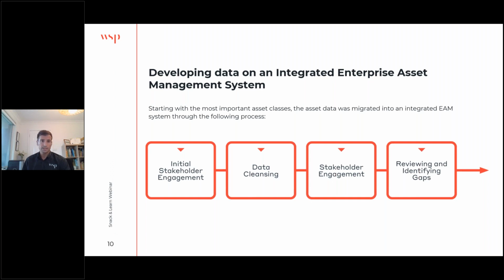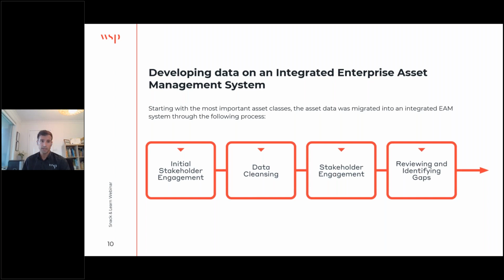Secondly, we began the data cleansing phase. This meant going into the system and looking at what there was, validating the accuracy of this data, and performing the data consolidation. With the information provided to us by the asset class owners and consistent communication with these individuals, we could make sure the EAM system reflected what may have previously been stored on a spreadsheet, for example.